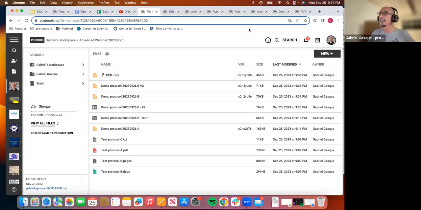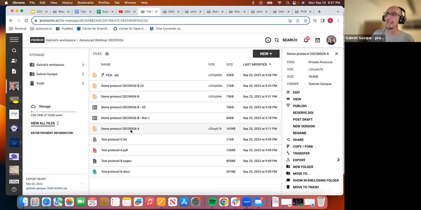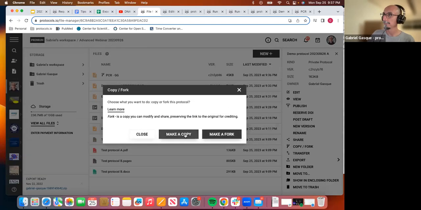Now, the final thing that I want to mention is copy. You can create a copy of your own protocols only. You cannot create a copy from existing protocols, only from your own protocols, public or private. But the copies will not be linked like these protocols are. So if I take this protocol and I make a copy of it,